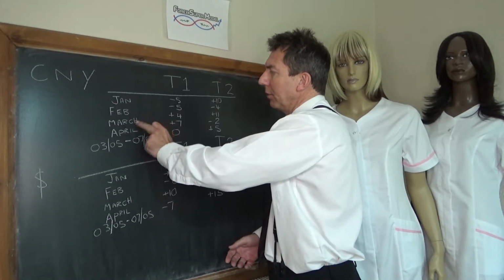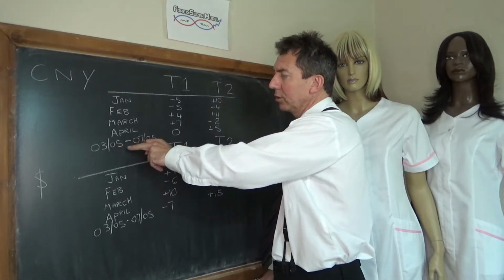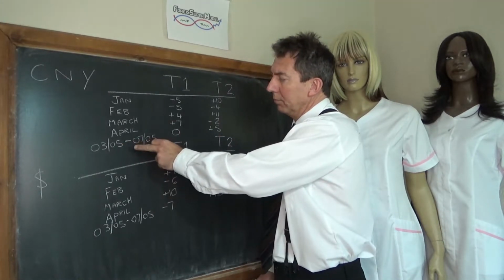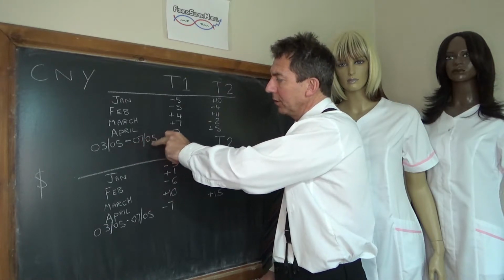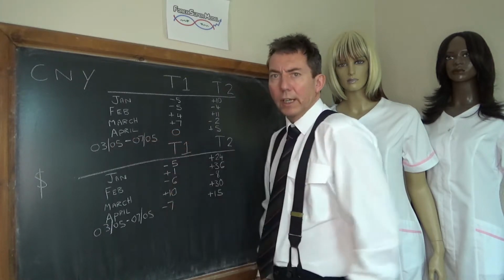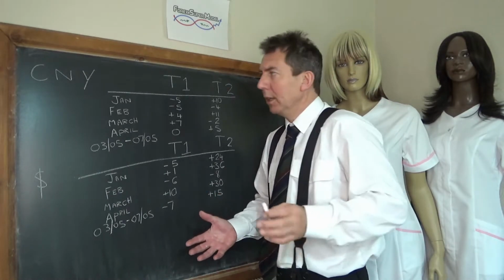We've got January, February, March, April data, which are full months of discrete data, and we've got the first trading week of May, which is the 3rd of the 5th to the 7th of the 5th, Monday to Friday. So let's make a start then. We'll write these up as we go to save time. Anyway, here we go.